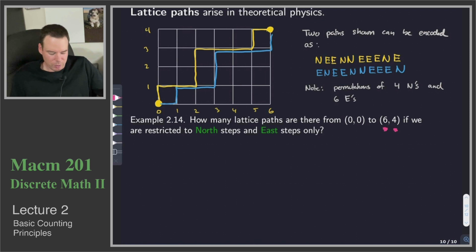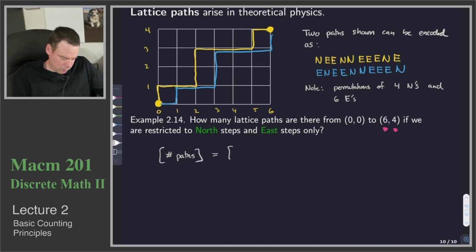So in order to get there, I would have had to move 6 times in the eastern direction, 4 times in the northern direction. Now we've reduced this to a problem of how many paths there are. It's really a question of how many permutations there are of these 10 objects, where 4 are one type and 6 are the other. So the number of paths